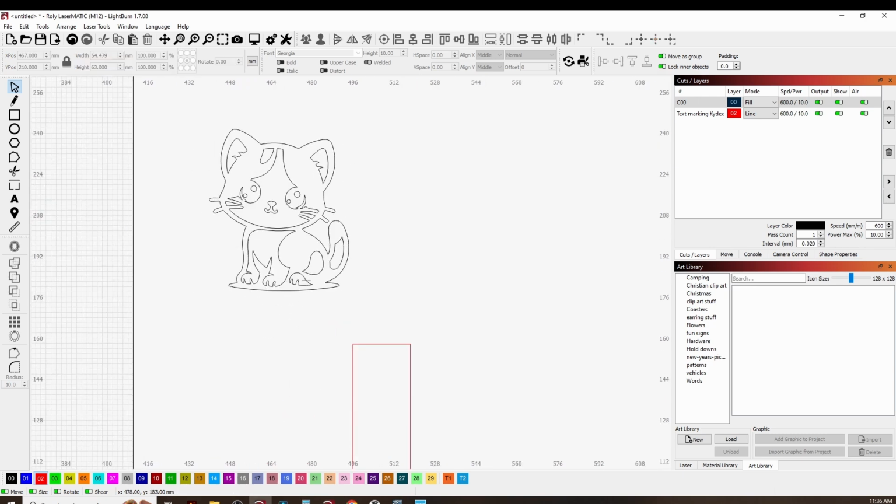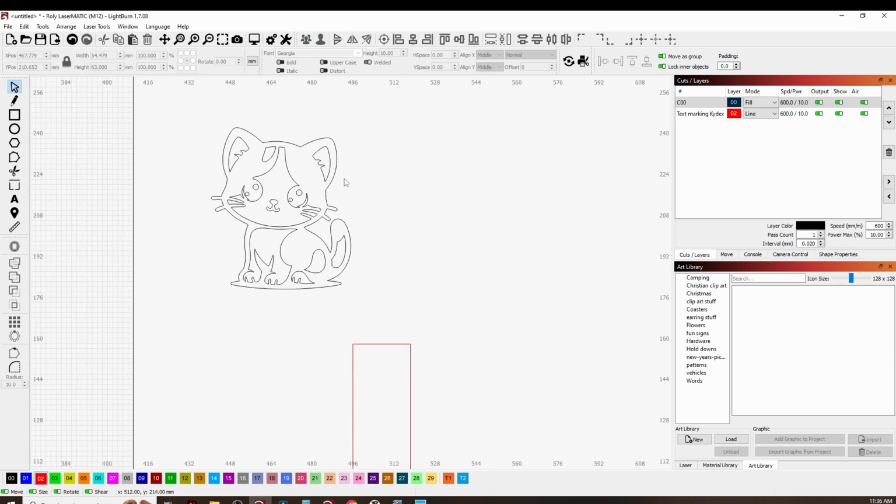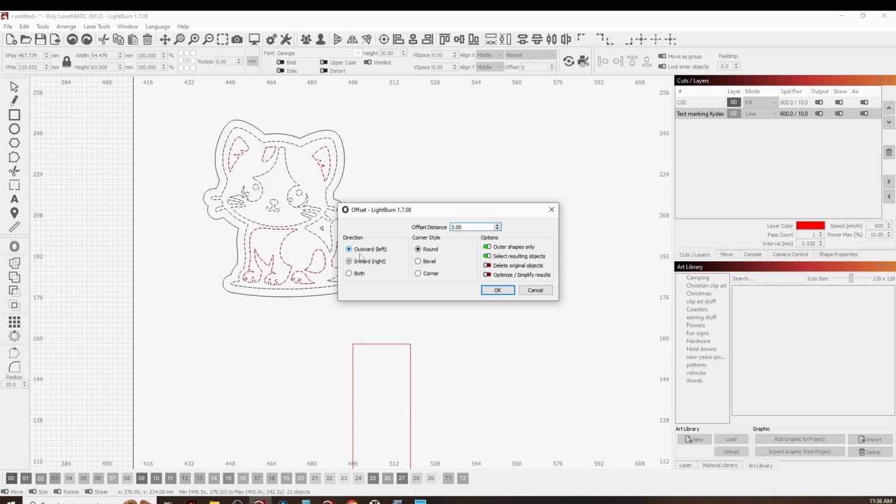Now, what do we want to cut out? We probably want this, this, that one's fine, that one. Okay, so this time we're going to duplicate it and make those on the red. Okay, and we're going to collect that, and we're going to offset outward